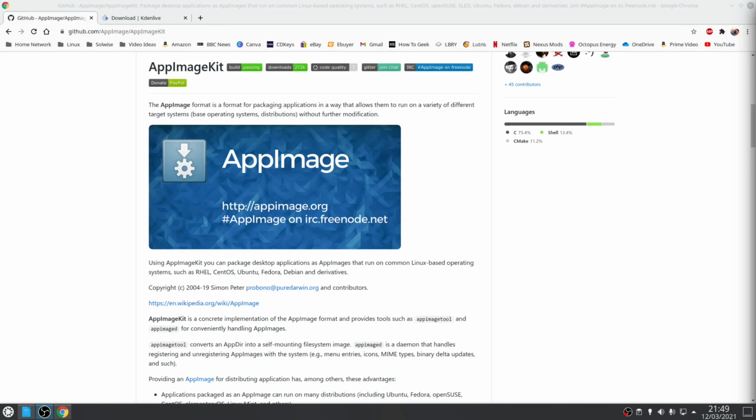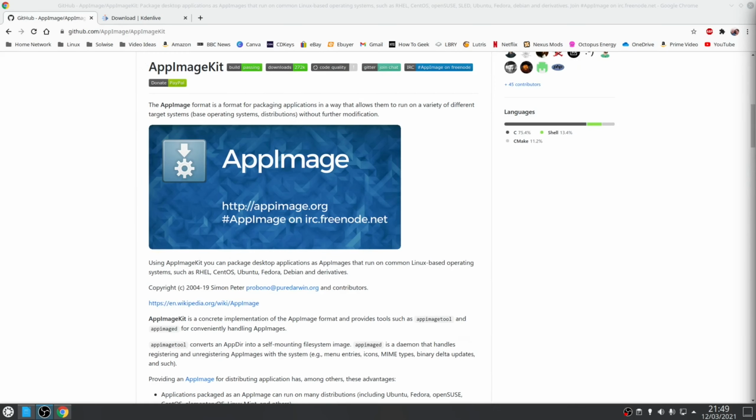So the final universal packaging method I'm going to cover is AppImage, which is the only packaging method that does not have a central location or store, but it instead aims for portability, and therefore does not need to be installed in the traditional sense. In other words, you can download and use an AppImage on one system, copy it to another, and still be able to launch it. Although, depending on the distribution, you might need to make it executable by using the chmod